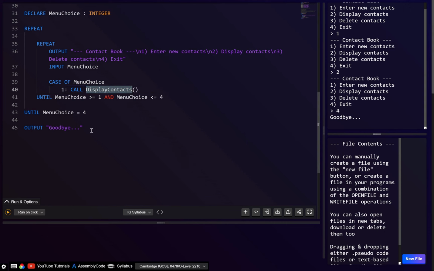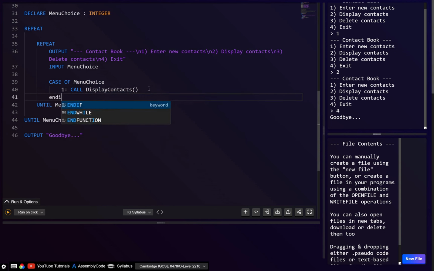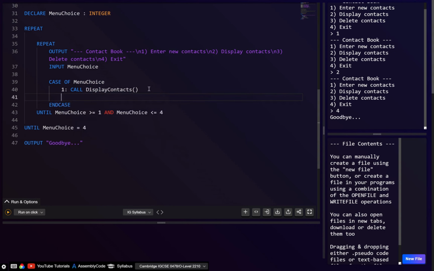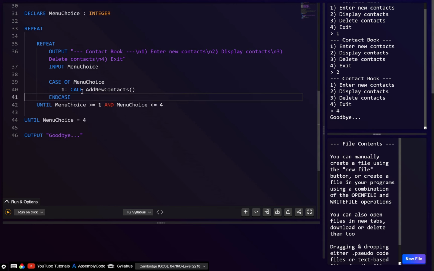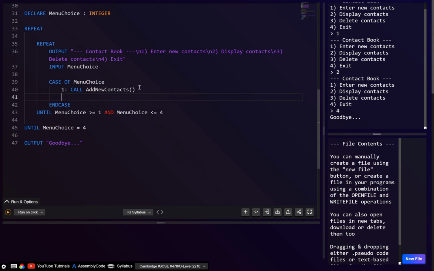And yeah, let's just copy this, and we'll also go end case. But of course, we'll also have 2. Okay, no, sorry, 1 is going to be, let's say, add new contacts. I'll just do 1 at the moment. In the exam, it's probably best just to write all of them here. Write them first. But for the website, it will give us an error if we kind of,